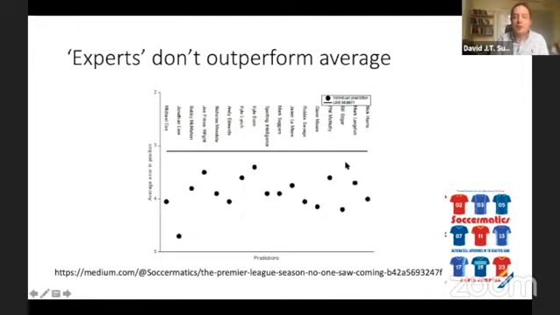So these experts who are giving their punditry very seldom do better than just guessing what happened in the previous year. And then even the models as well. So even models based on the Poisson distribution, based on the rankings, based on ELO rankings. I haven't tested the 538 model, but it wouldn't surprise me if this was true as well. They don't tend to overperform what happened in the previous year.